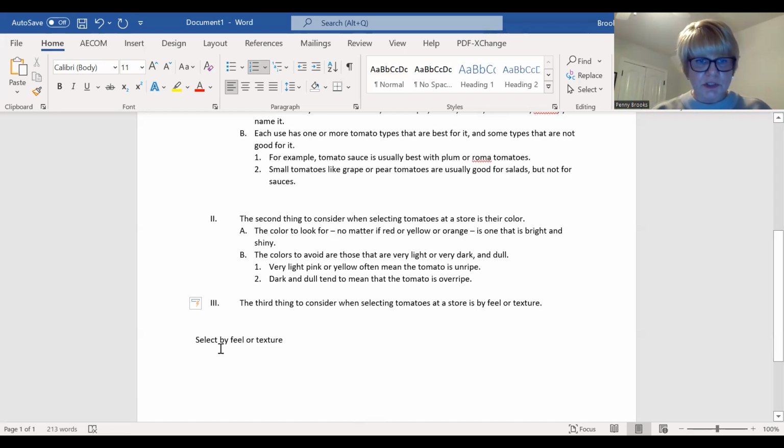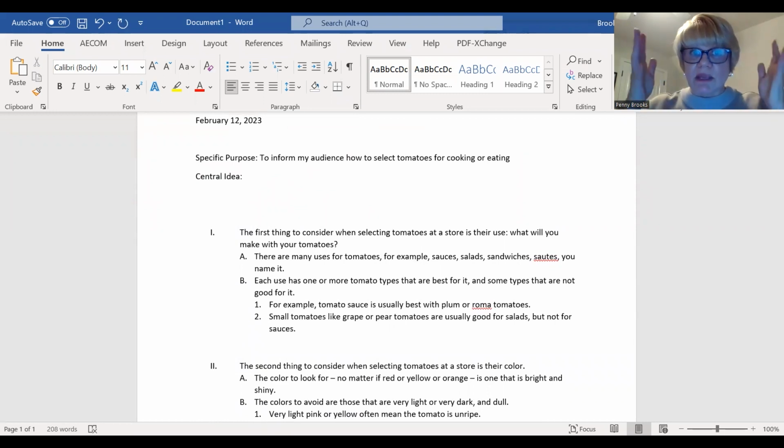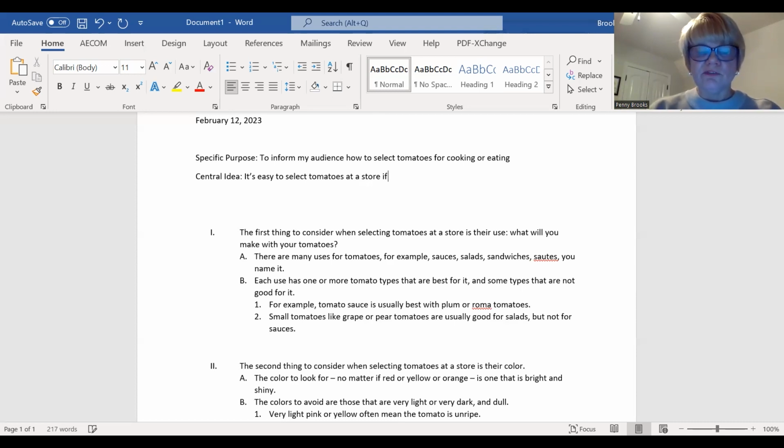So by feel or texture, and let's say I build up all of my body and get it really working. Now I can do my central idea because I've worked out what all my main points are going to be. Now I know what my central idea is. I think my central idea is going to be, it's easy to select, or I'm going to demonstrate how to, but I think my central idea is not going to be as obvious as that. It's easy to select tomatoes at a store if you